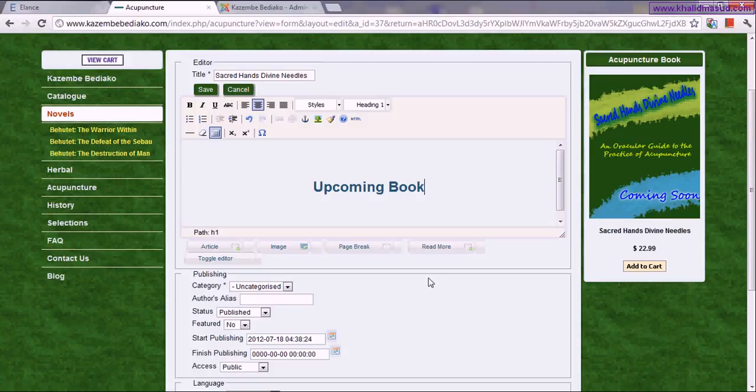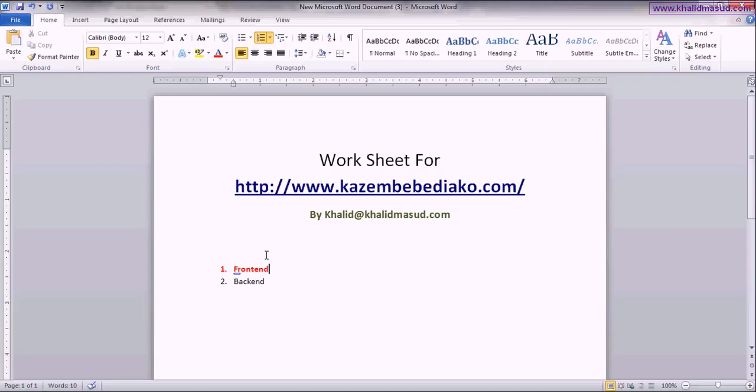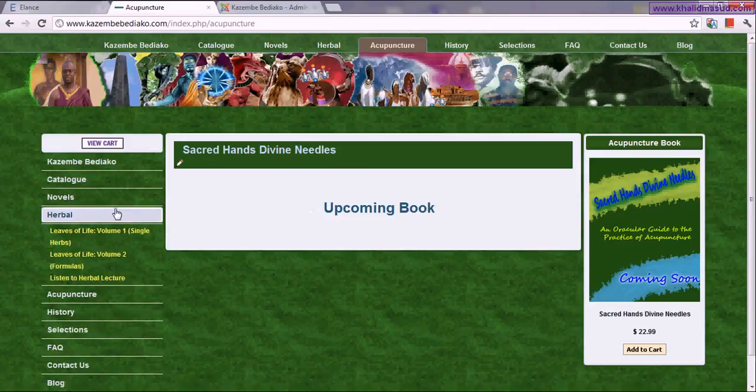Second thing, I will tell you in the next section. So the first purpose of this front end system was to edit any of your old already uploaded text material. You will not be able to add any new thing in this menu or any new article or any new picture from here. You can only edit the things from here.